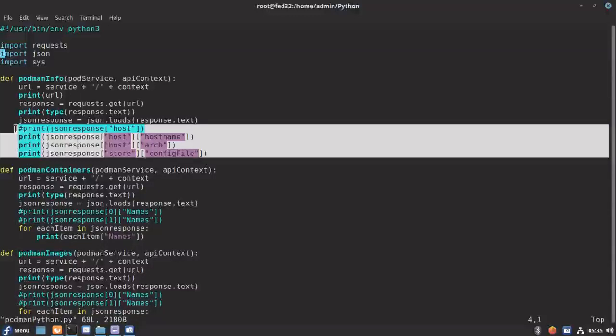This way, whatever information we want to capture using our Python application, what is important is we need to build the appropriate URL and capture the response. That is the second thing. Once we have the response, we can convert it into the JSON format, so that we can leverage the JSON libraries to pull specific field data from within that JSON response.